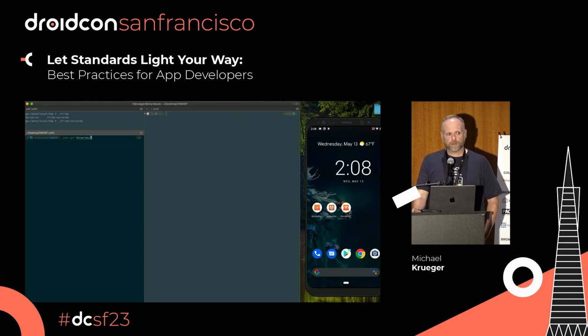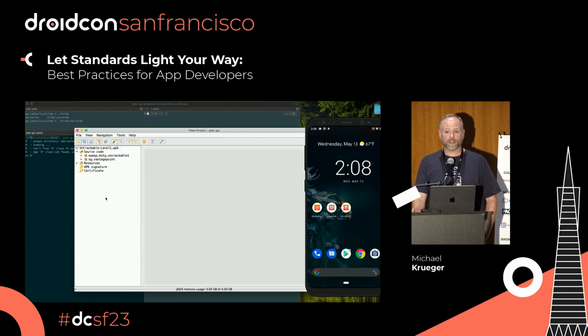But first, what would an attacker do? Well, they would open your app up in a reverse engineering tool, something like JADX, which basically quickly decompiles your code into very human-readable code. Not an exact replica, but enough to actually evaluate it.